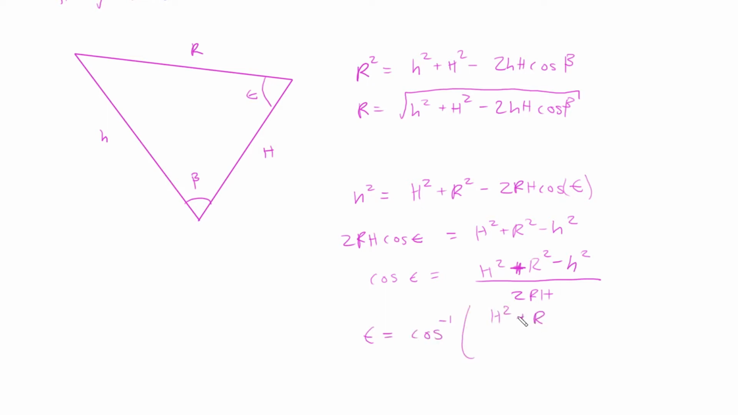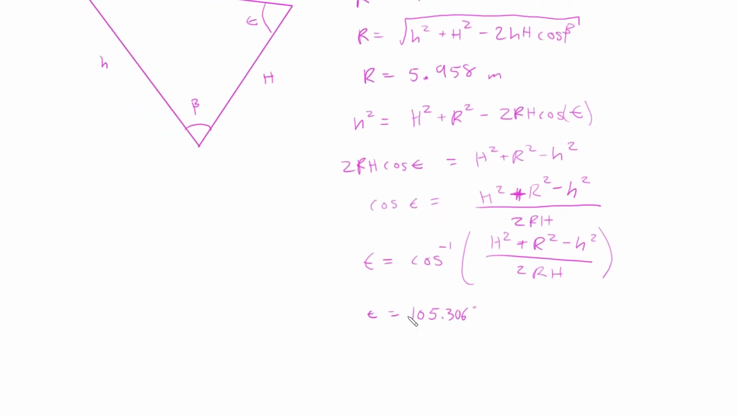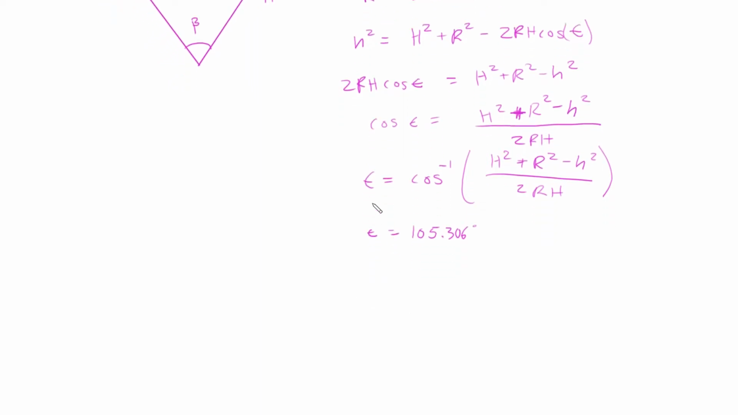So now we have this angle epsilon and this value R. I'm going to calculate these values real quick. I calculate the values for R, which is 5.958 meters, and epsilon, which is 105.306 degrees. As drawn in the figure, this is not an exact representation, but it should be an obtuse angle and not an acute angle. So the diagram is not drawn correctly, but we'll keep that in mind when we draw the diagram for the